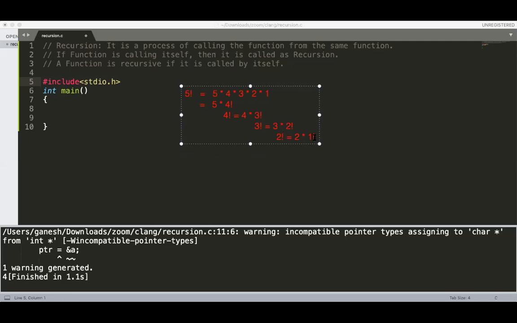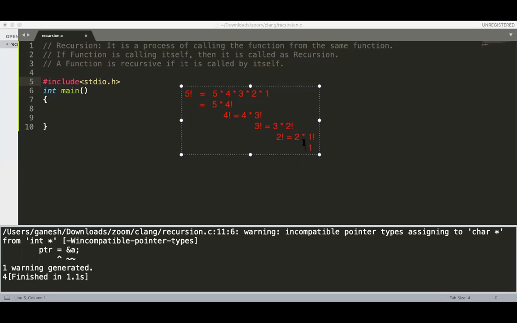Okay, but what is 1 factorial? How to calculate 1 factorial? Is there any formula to calculate 1 factorial? No, because 1 factorial is 1. So if I'm writing the fact function, I can design it as a recursive function in which if I receive the input 1, then I have to return 1. Also 0 factorial is 1. If I receive 0, it is also 1.